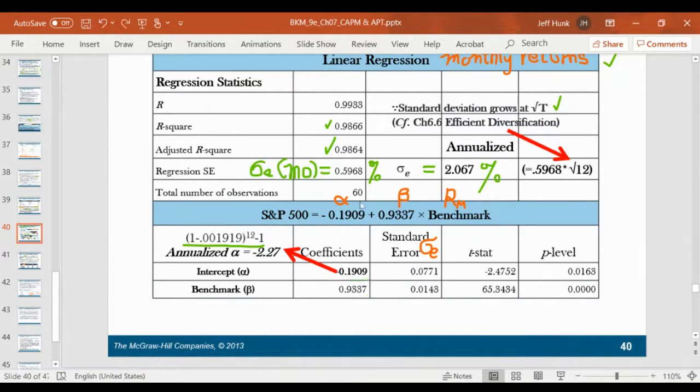But just because it seems close to 1, again, what's important is the t-statistic, right? Remember, you have to check the t-statistic. If the t value is low,